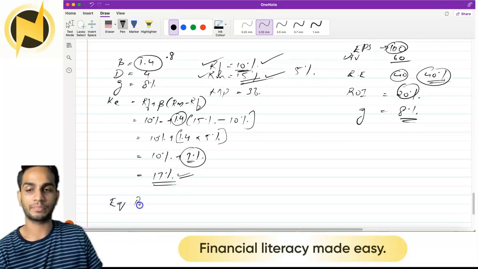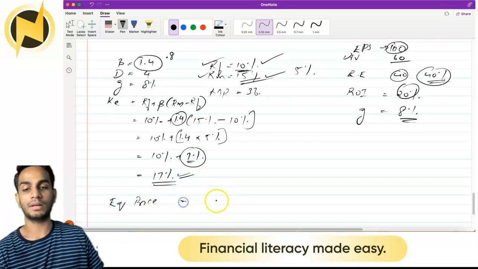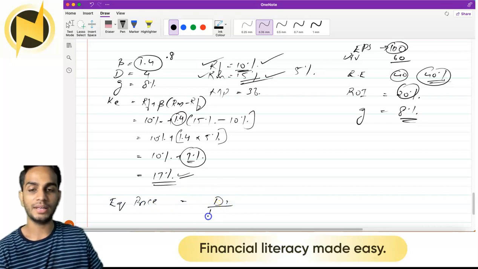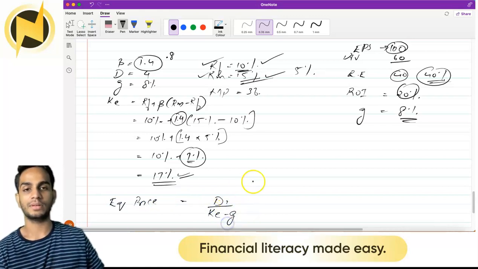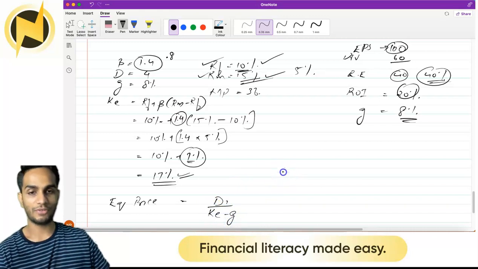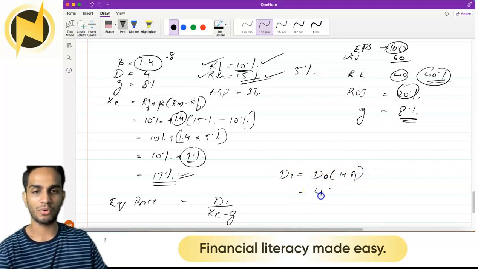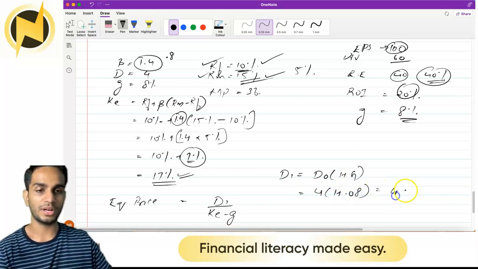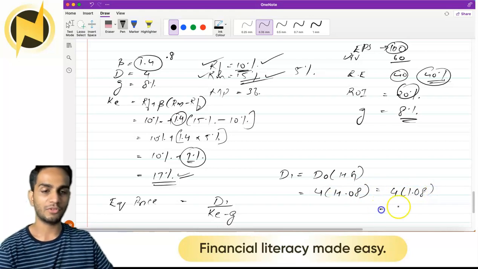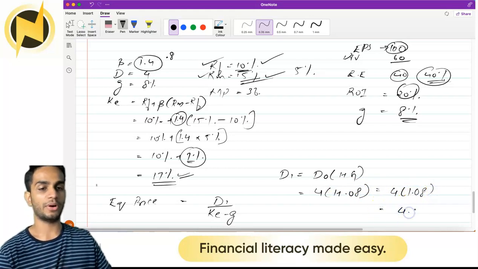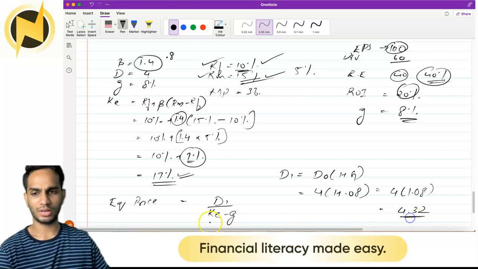Equilibrium price is nothing but D1 divided by cost of equity minus G. Now what is our D1? We don't know. We'll find out. D1 equals D0 into 1 plus G. It's not necessary that you write D0. You can just write D. What is D? 4 into 1 plus 0.08. So it will be 4 into 1.08. Correct? And that will give you